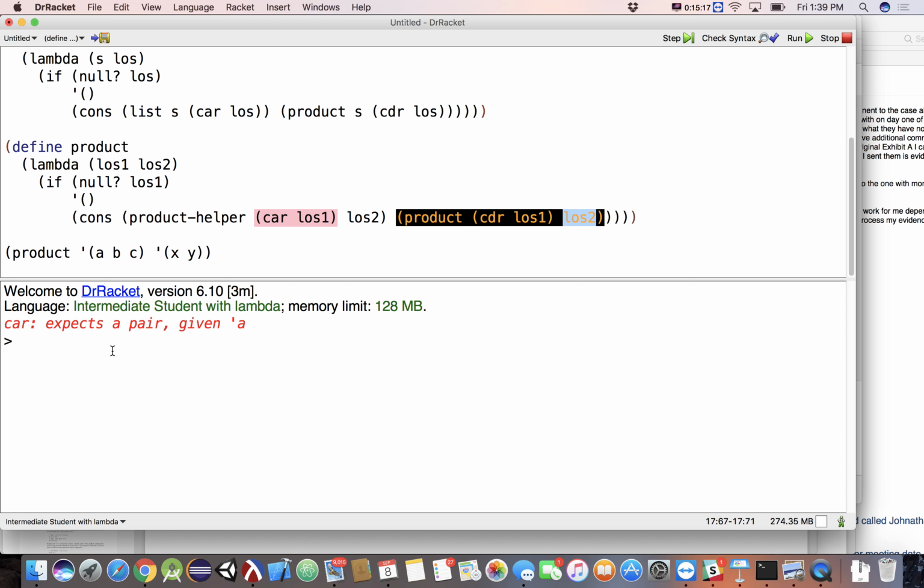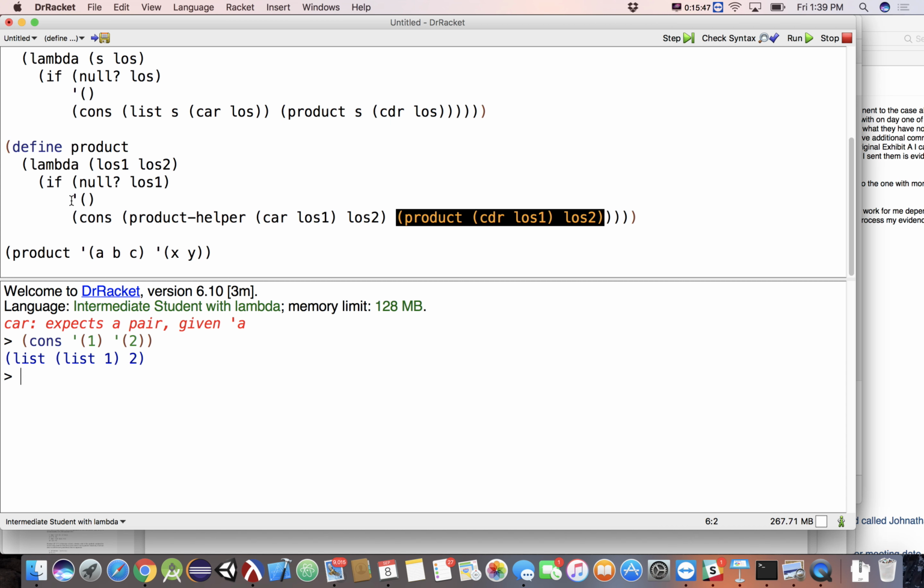Can I not cons a list onto a list? Because as it's written, this is incorrect anyways. I was trying to show you that it was going to give you something else, but cons the list 1 onto the list 2, yeah, so that works. So what's wrong with this? The product of cdr LOS1 is going to give me a list.